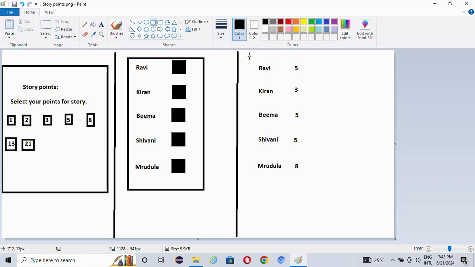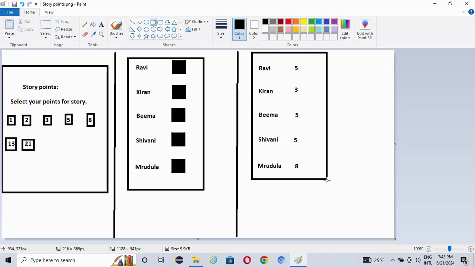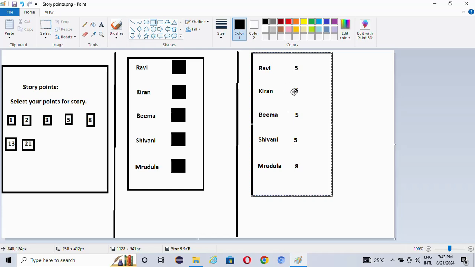After clicking that show story points, it will display like this. See, it will display all the names and the story points we have given as developers and testers, like this. Okay,